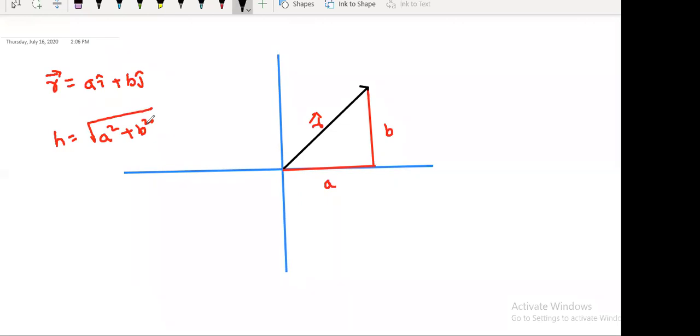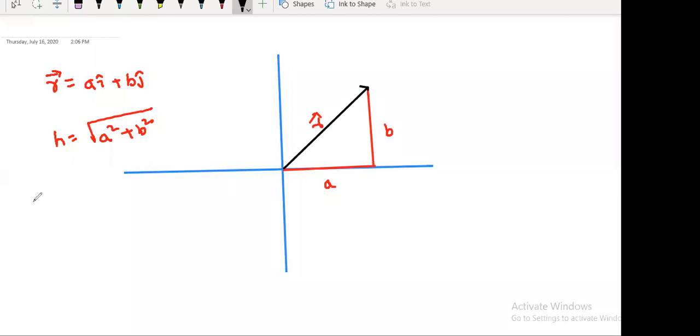Yashash, Prahlad, this is the Pythagoras theorem, isn't it? Yes, right? Root of A square plus B square. Anyone have any issue in that? No, right? Now, I told you that hypotenuse or the length of the vector is called its